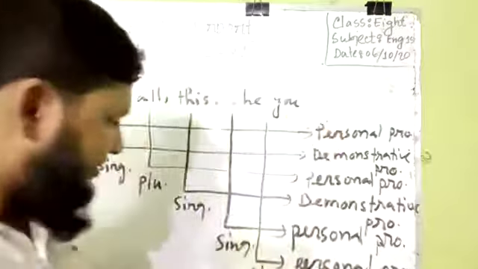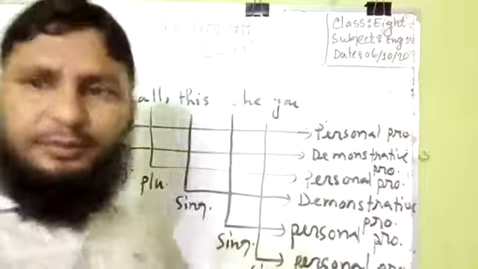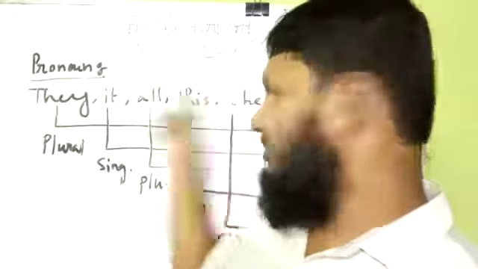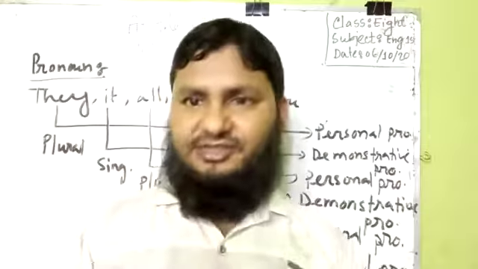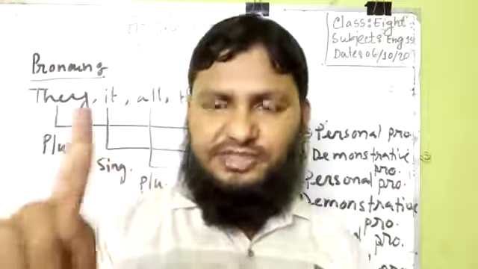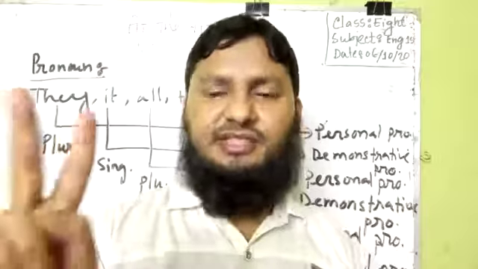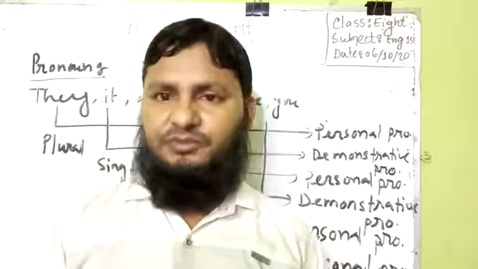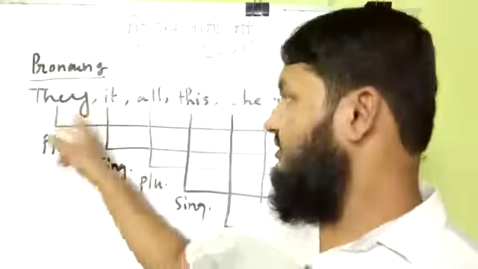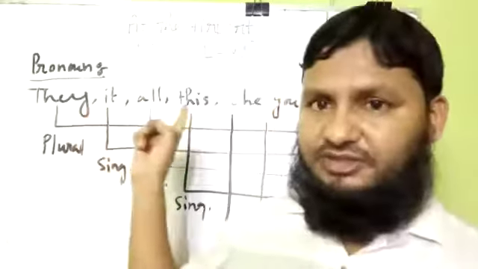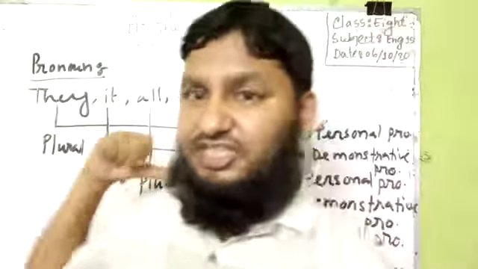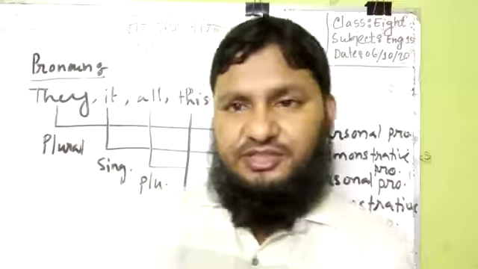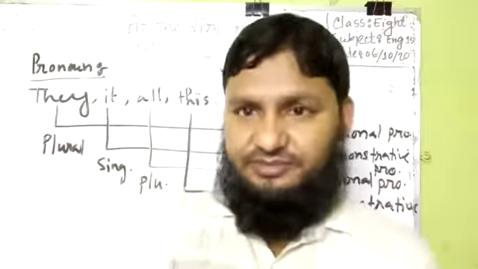So I have written here singular, oblique, plural. My dear students, from these words you have got two ideas. One is about number, and another about pronoun. Again we have known which words, what types of pronoun there are. We have seen here that there are two types of pronoun: one is personal pronoun and another is demonstrative pronoun.